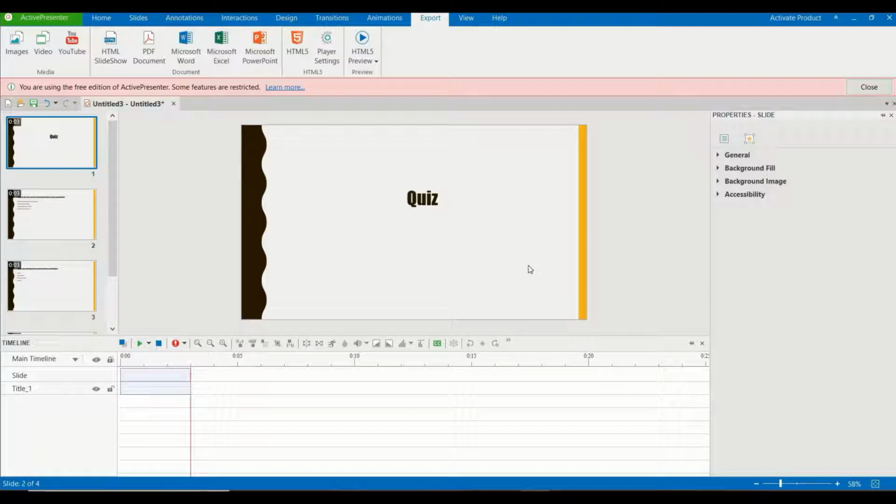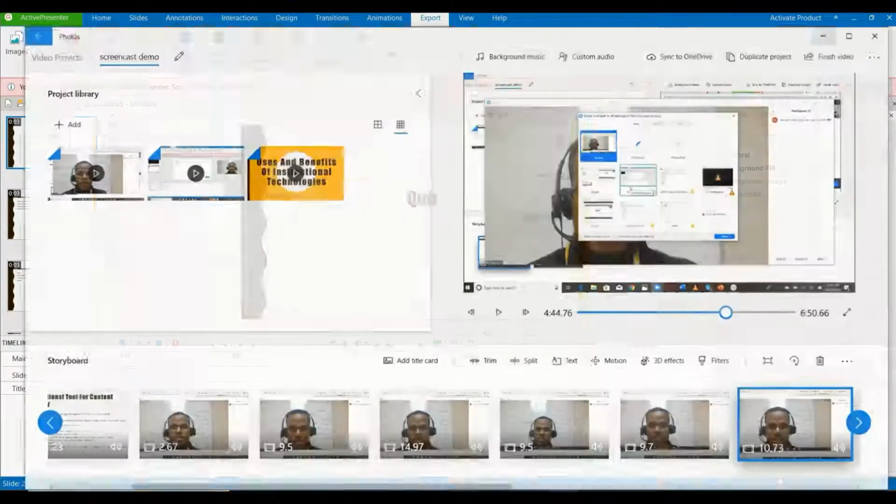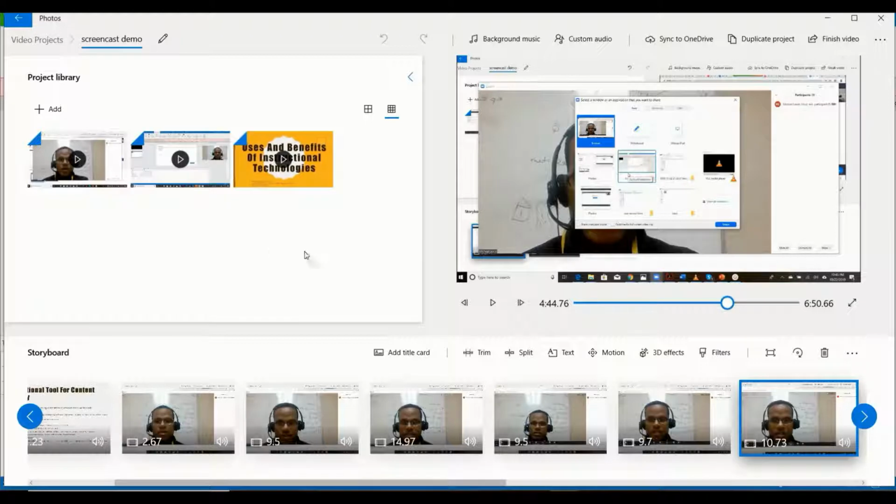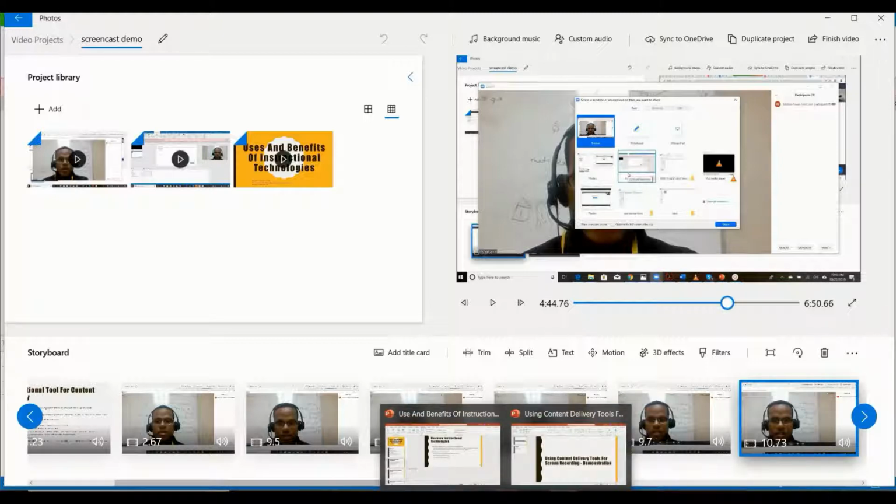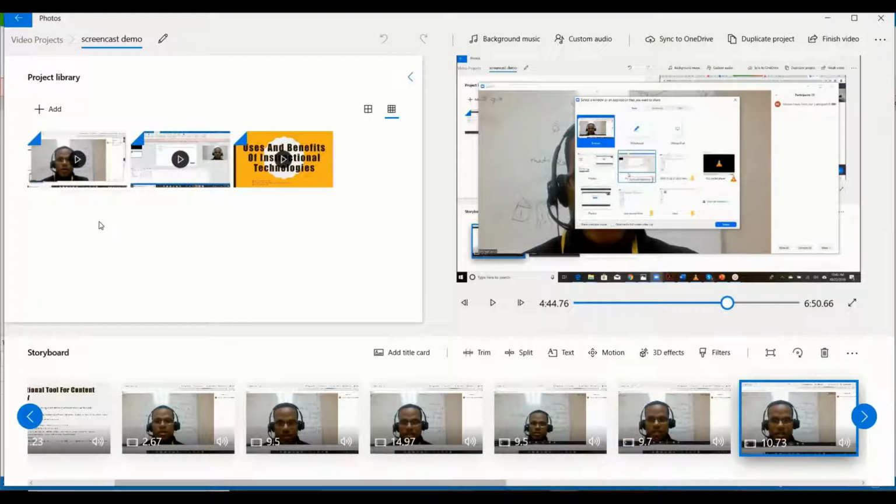The final tool that I'm going to use to bring it all together is Photo Editor. So I can start a new project in Photos, and I can add the video from Zoom to that project, and also I can add the quiz that I created in Active Presenter, and I can bring it all together in Microsoft Photos. So below here in the storyboard,